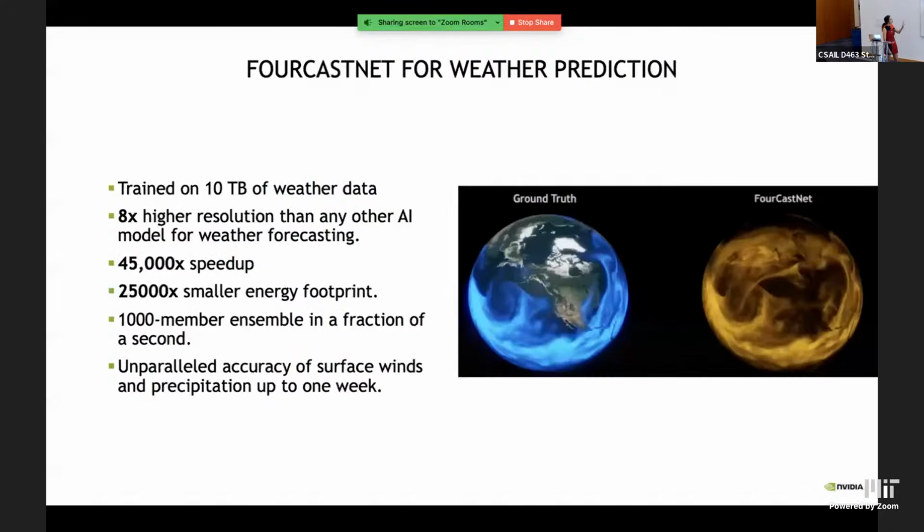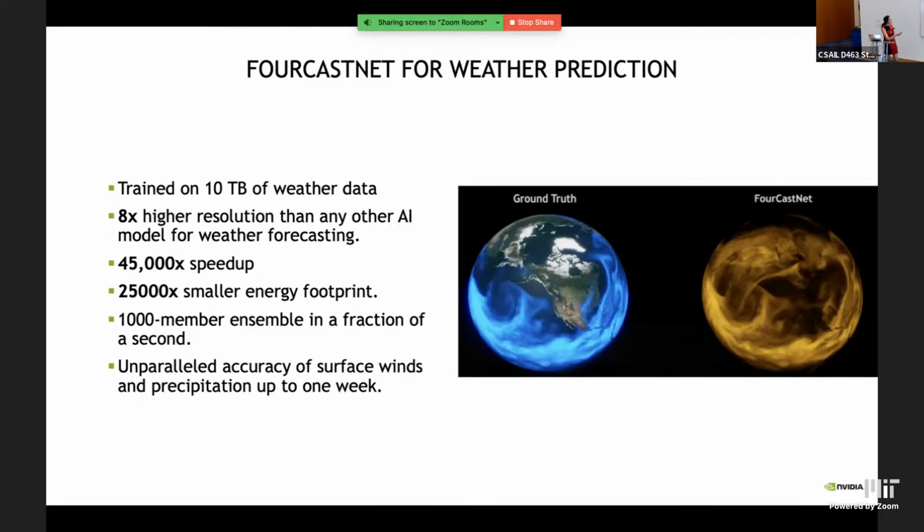In our case, what we did is purely data-driven, right? Ultimately, we want to add the physics constraints too, but as a first step, what we're seeing is that even without adding any physics constraints, using only the historical weather data, we're able to get very good accuracy, in fact, up to a week on challenging variables like precipitation and wind. Especially precipitation is very challenging. And I'm sure, here in Boston, today, there was a prediction earlier of 50%, then it was 20%. So precipitation is a hard variable, and we are able to do as well as the gold standard weather models,